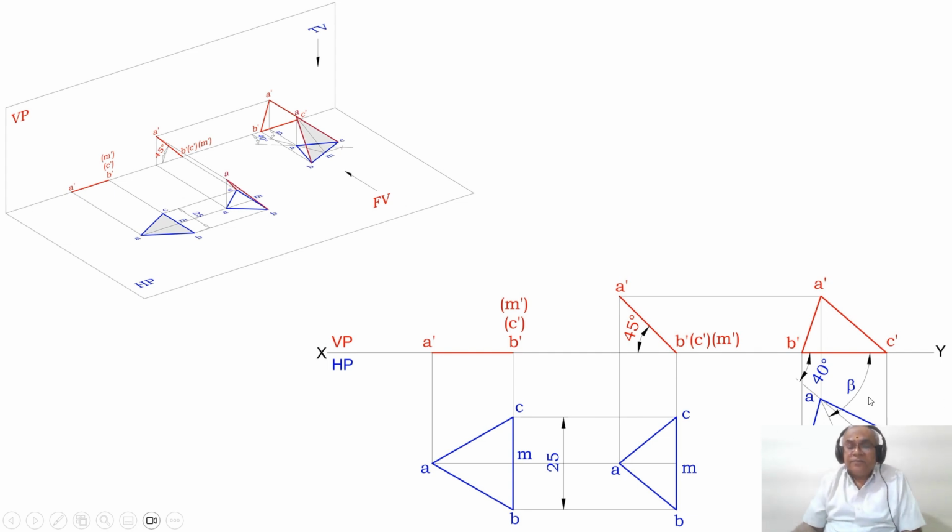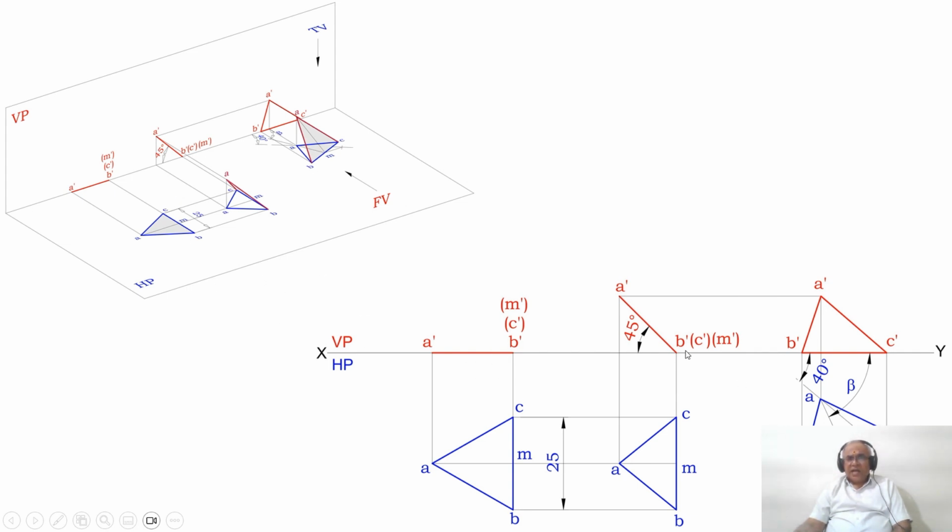Then I need to draw the front view. How to do that? With A as center, draw a horizontal projector from A dash and draw a vertical projector from A. Both these lines will intersect at this point, which is A dash. Draw a vertical projector from B to the XY line and also from C to the XY line, and mark these two points as B dash and C dash. Then join A dash to B dash to C dash to A dash with a dotted line. Then measure this and give this angle as the beta inclination. So this is how you will be able to analyze